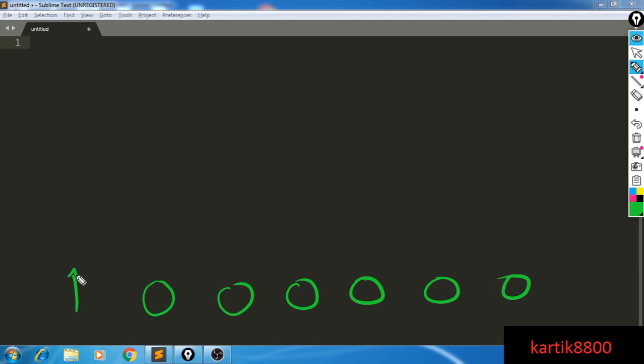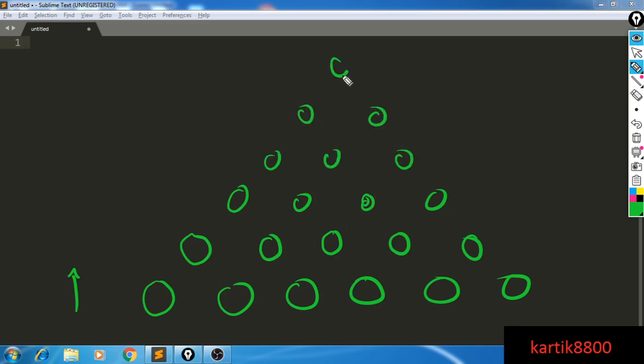Now if I perform the operation once, I will get this new array with 5 elements, and this particular element here will be the XOR of these two elements. This one will be the XOR of these two, and you get the idea, right? So I can continuously perform this kind of operation till I reach an array with only one element, and this will form a pyramid kind of structure, a triangle kind of structure, something like this. If I perform the operation once again, I will get an array with 4 elements, and again the XOR idea stays the same. And finally I reach the top of the pyramid.